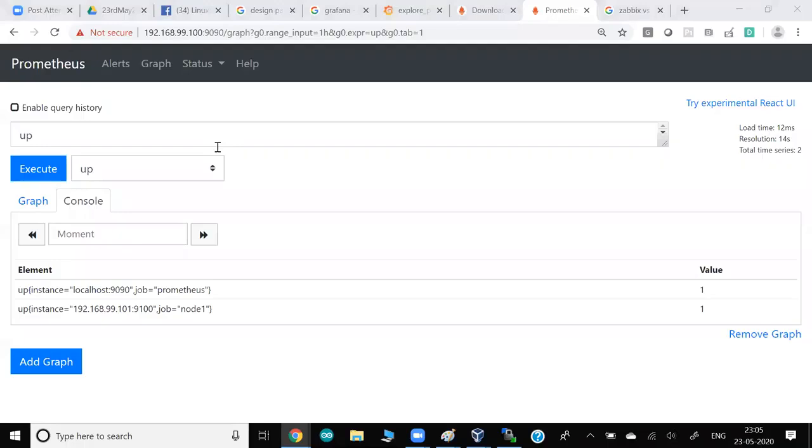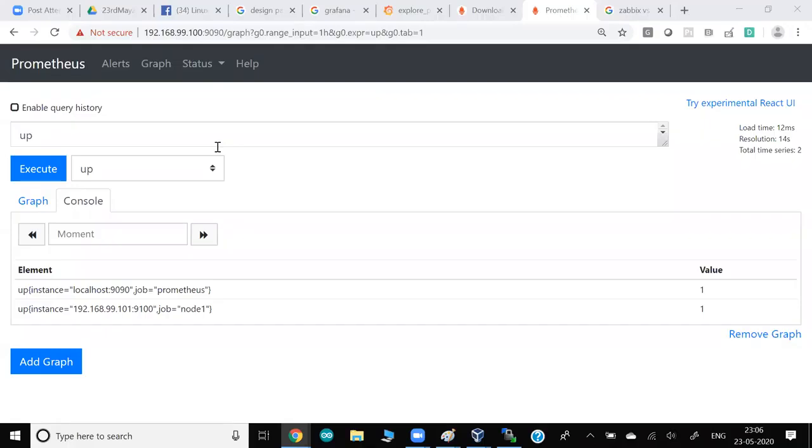Kubernetes is also monitoring, but it is only monitoring for one thing: if a node goes down, it brings it back up. But it doesn't give you real-time information, such as why it went down, what the CPU status is, or what the RAM status is. So for this we have to go for an actual monitoring tool, where we can go deep dive and see what happened in the past and what the current status is.